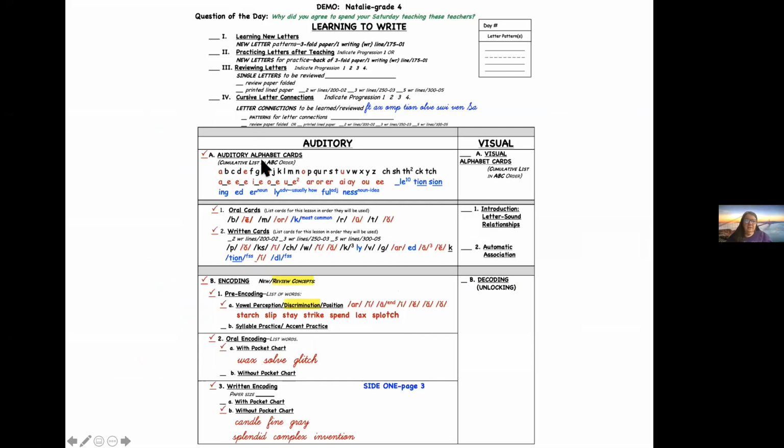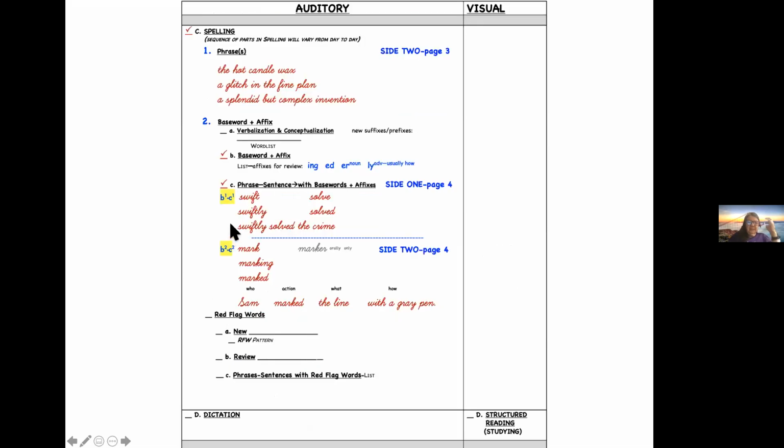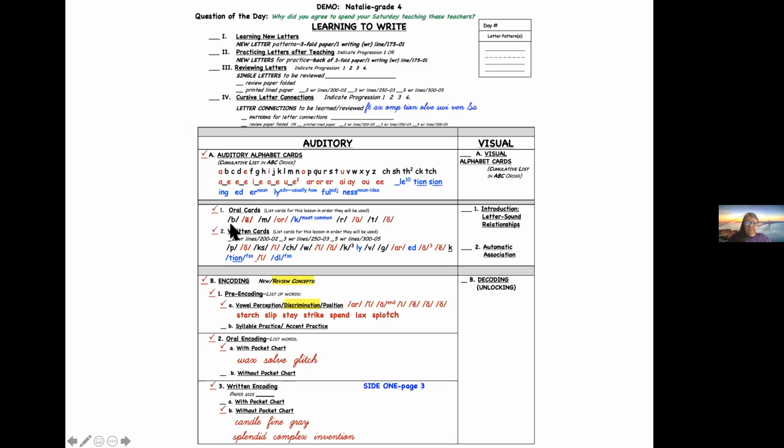So this was the skill part. This was the single unit phoneme to grapheme practice, and then we got to the word level. The one thing I wanted to point out up here is that a lot of times when we get to written cards, sometimes teachers think, I don't need to do that. I've already written the letters up here and I've already practiced the sounds here. Then I don't think I need to do this. Well, I don't know what they think, but a lot of times they don't do it. And this is a reason it's really, really important.